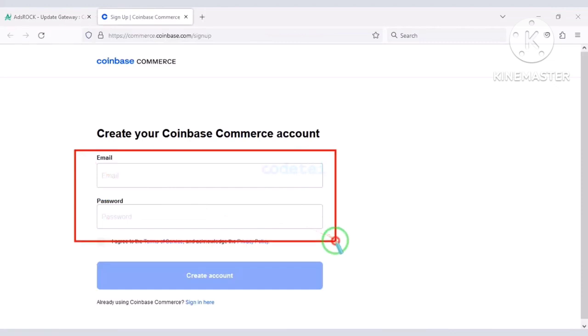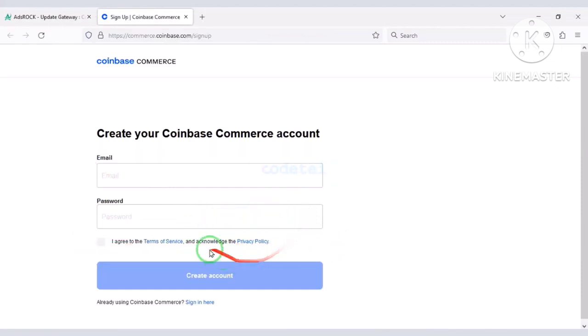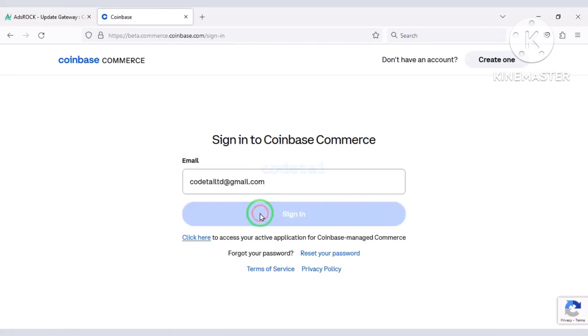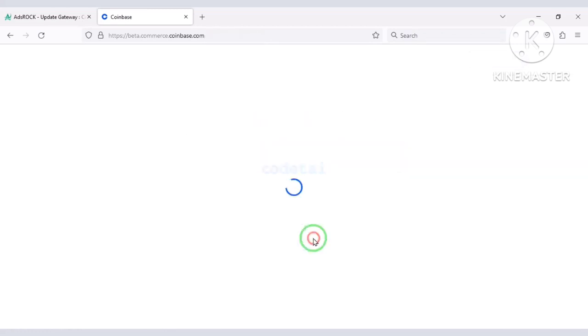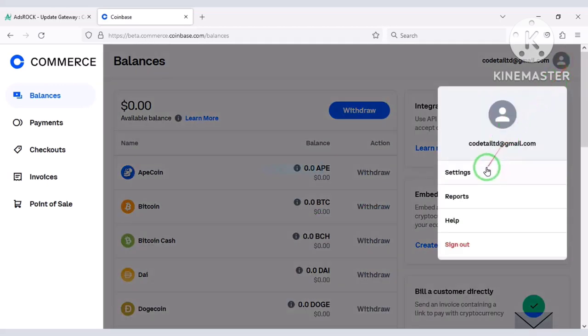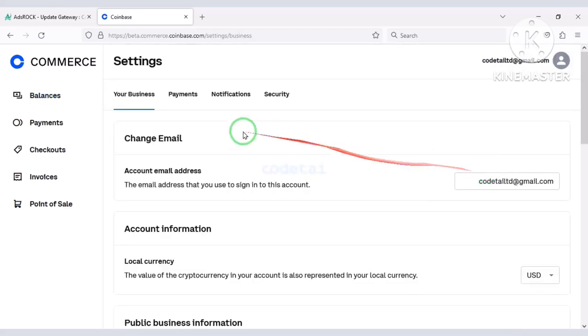Here you will create a Coinbase Commerce account by submitting the correct information. I have already created a Coinbase Commerce account, so I will log in now. Now I will teach you step by step how to add a Coinbase Commerce account to the website. For this, you follow this video.